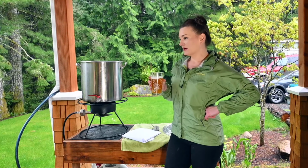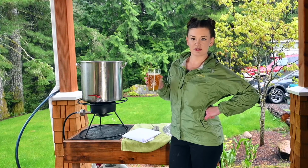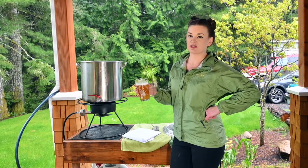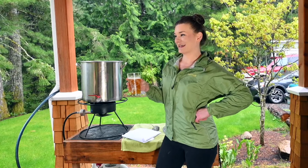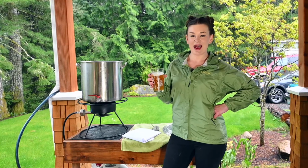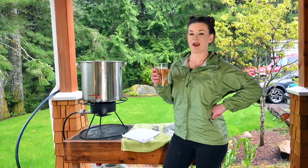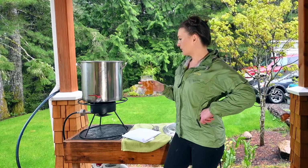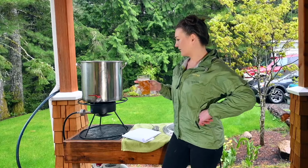And so what's going to go into this today is a bunch of two-row, some white wheat, caramel 10, honey malt. That's pretty much all I brought up. And for hops, we're going to do Idaho Gem, Zenia, and some cryo Mosaic that I've had sitting around for a while. So we're going to do brew in a bag again,